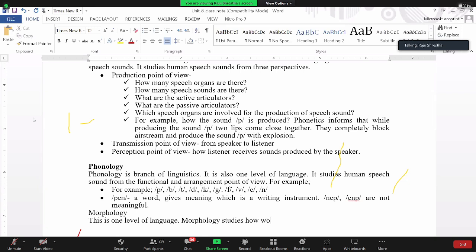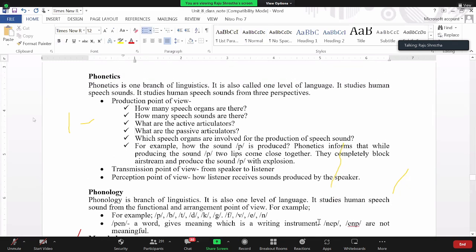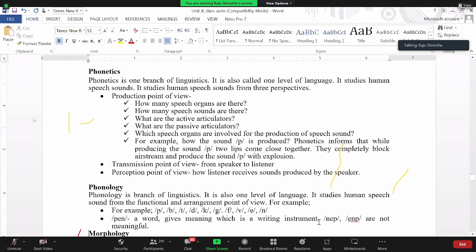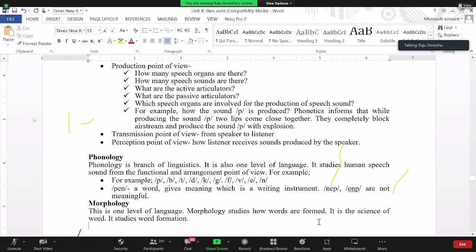Morphology studies how words are formed. It is the science of words; it studies word formation. So this is morphology. Each of these has its own content area and level. Phonetics is the sound level, phonology is the arrangement part, the functional part, and morphology goes to word formation. For example, it also studies